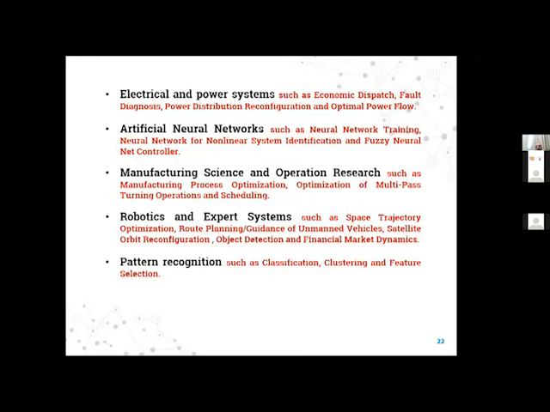We have many tracks like electrical and power systems, such as economic dispatch, fault diagnosis, power distribution, and many others. Artificial neural networks, such as neural network training, neural network for nonlinear system identification, and also fuzzy neural net controller. Third track, manufacturing science and operations research, such as manufacturing process optimization, optimization of multi-pass turning operation and scheduling, robotics and expert systems, such as space trajectory optimization, route planning, satellite orbit reconfiguration, also pattern recognition, such as classification, clustering,